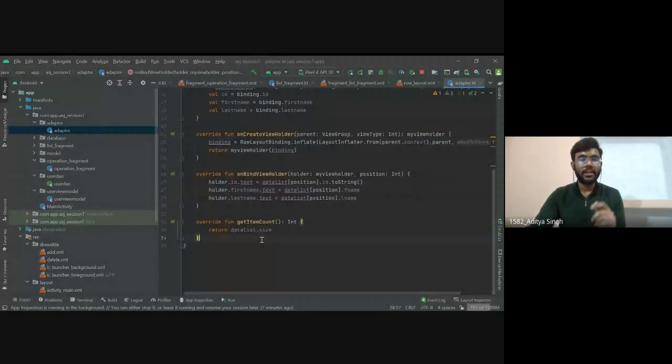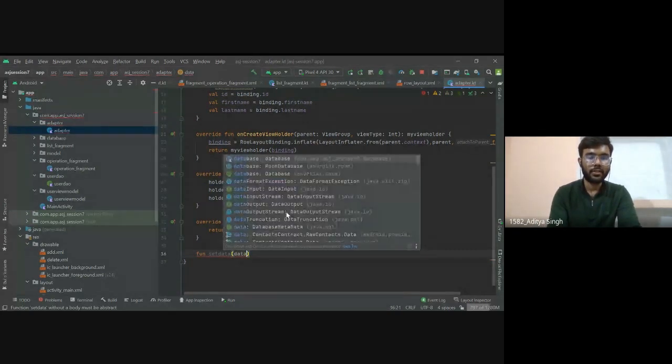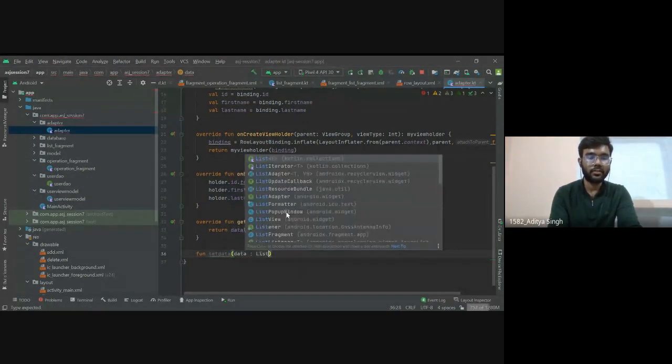Now I need to create one function. Like we have created our list but we have no way to initialize that list, right? So we will create a function to initialize that list. So let's do that. We will create a function sendData, and this function takes a parameter named data, which is a list of type Model.